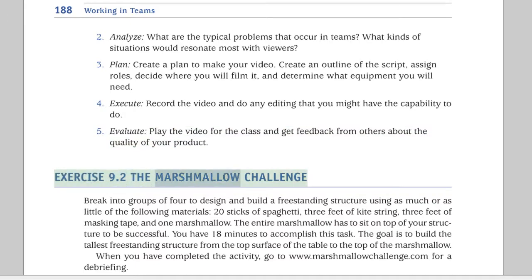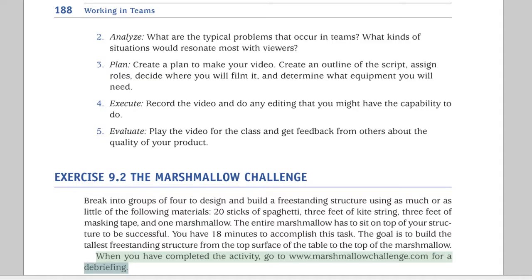Exercise 9.2, The Marshmallow Challenge. Break into groups of 4 to design and build a freestanding structure using as much or as little of the following materials: 20 sticks of spaghetti, 3 feet of kite string, 3 feet of masking tape, and 1 marshmallow. The entire marshmallow has to sit on top of your structure to be successful. You have 18 minutes to accomplish this task. The goal is to build the tallest freestanding structure from the top surface of the table to the top of the marshmallow. When you have completed the activity, go to